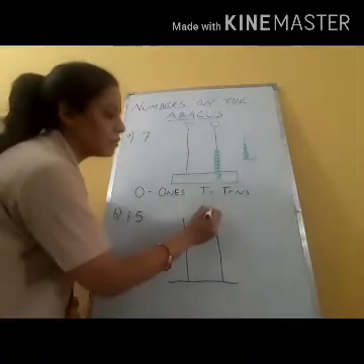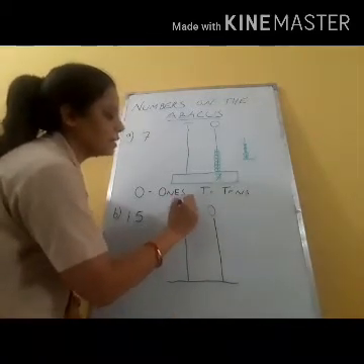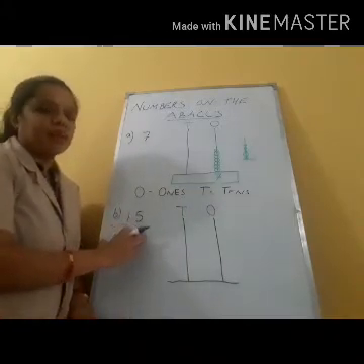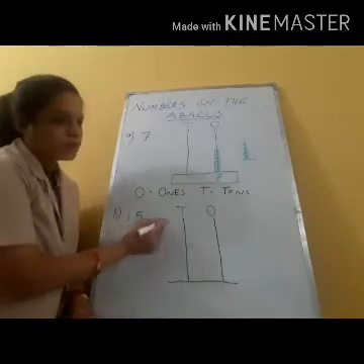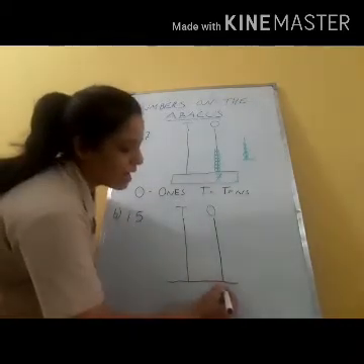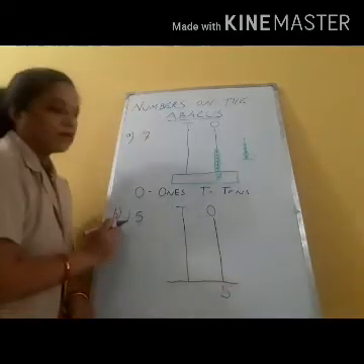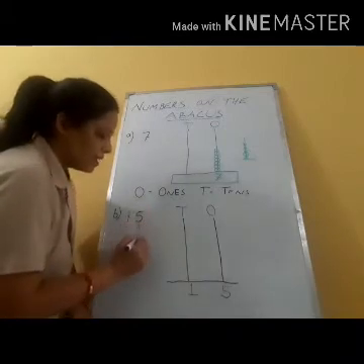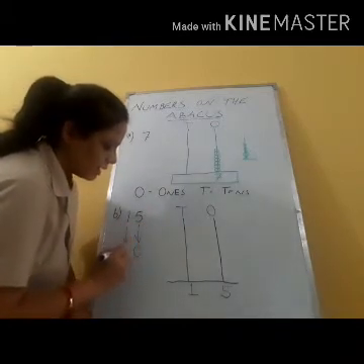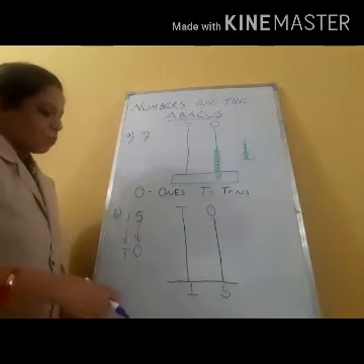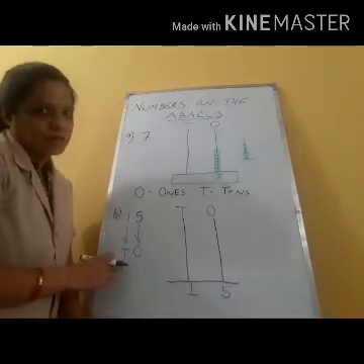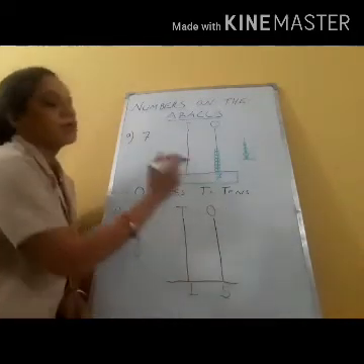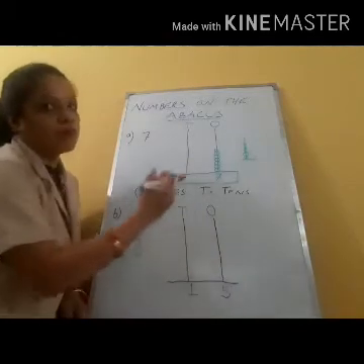Then you write ones and tens. Now there are two numbers, a 2-digit number. So on the extreme right, ones place, you write 5, and on the tens place you write 1. So this is your ones place and this is your tens place. Always start writing from the right side, from the ones place.